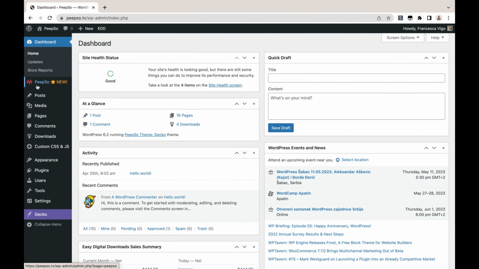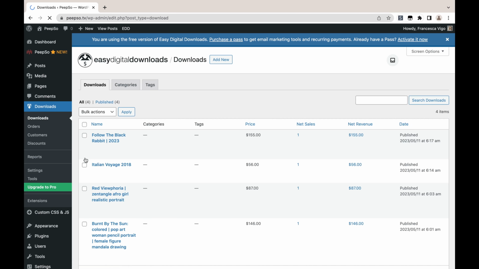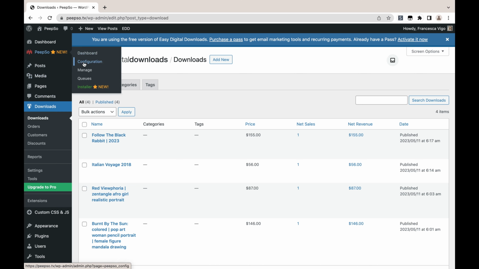As you can tell, I'm using the free version of EDD, and you can clearly see that here, that you are using the free version of Easy Digital Downloads, purchase a pass. If you want to extend your EDD with like subscriptions, recurring payments, all access pass and stuff like that, you can do that by purchasing a pass for the Easy Digital Downloads. I am going to remain on the free version, so let's come back to the configuration,